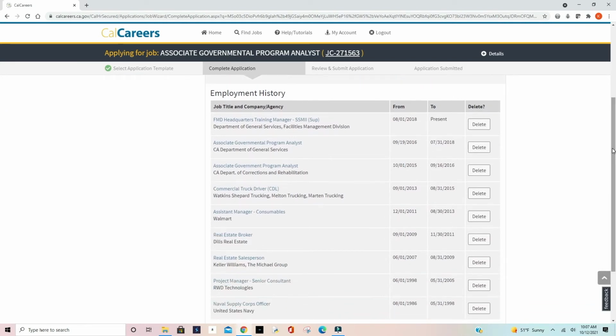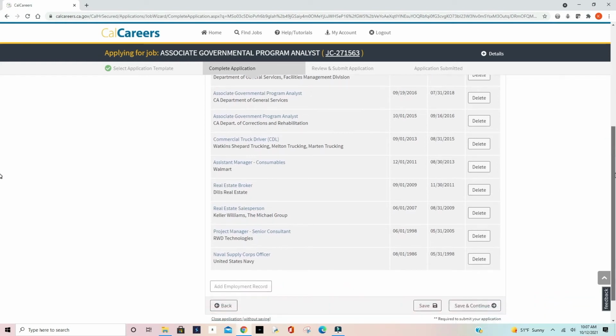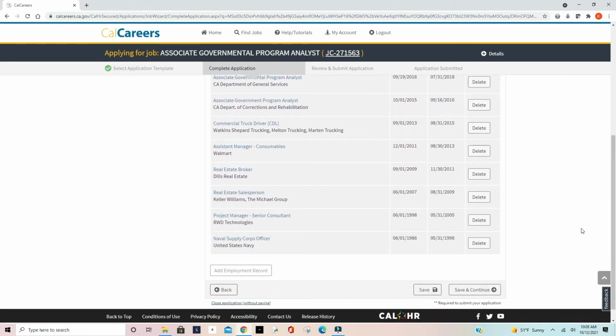And then here's where, as I said, this is basically the rehash of your resume. It's your jobs in reverse chronological order, starting with the most current one, the present one. You don't have to have every single time frame accounted for. There can be some gaps in here. You just need to be able to explain it. As a hiring manager, I'm telling you, that's the way it is. You can have some gaps. You just need to be able to explain what the gaps were for. So no big deal. You confirm all that experience and background information, or you make edits if you need to, save